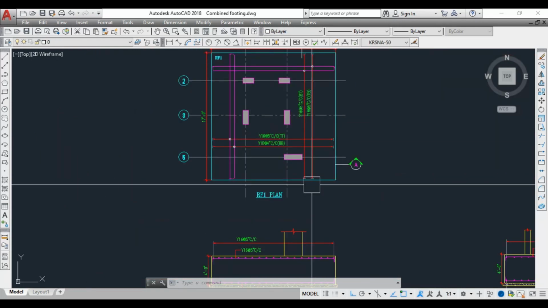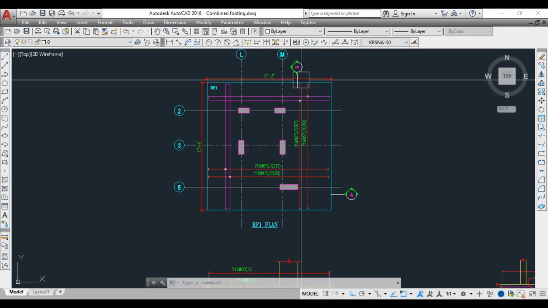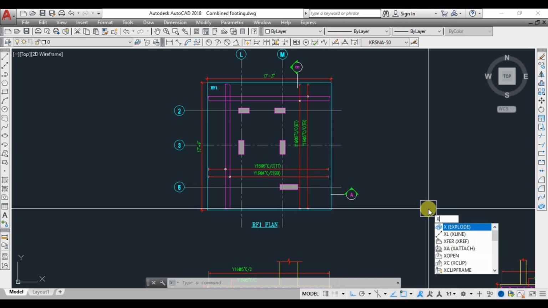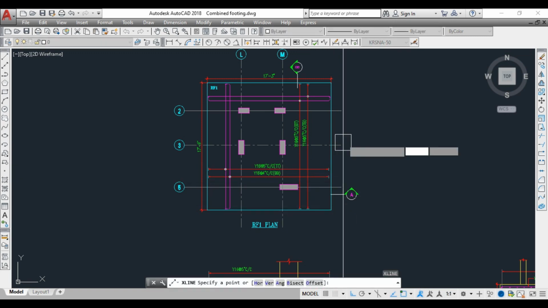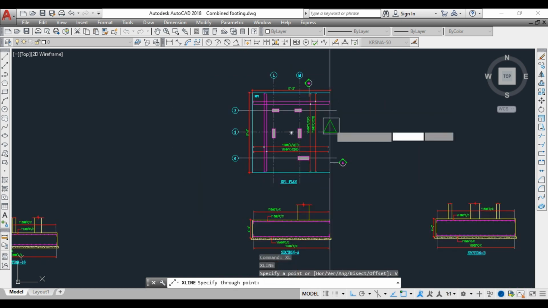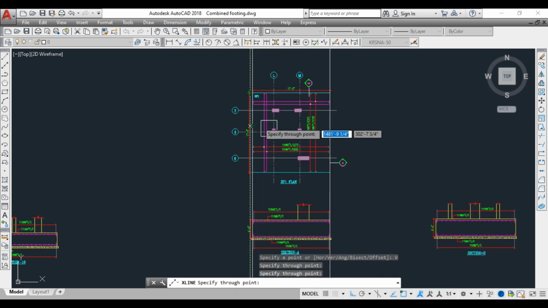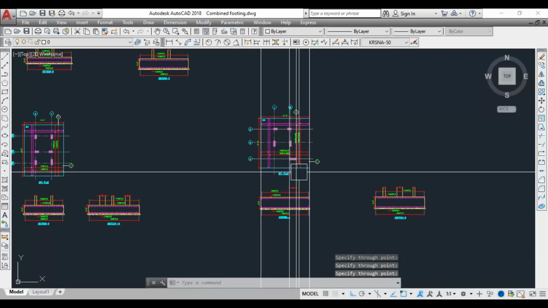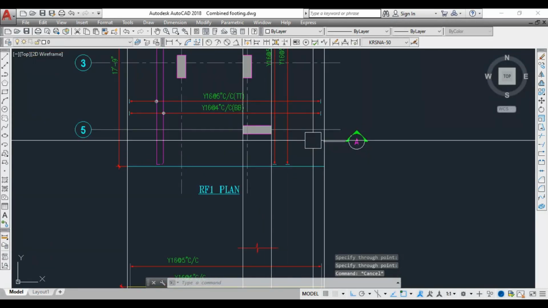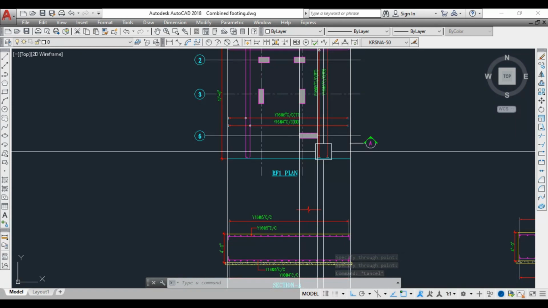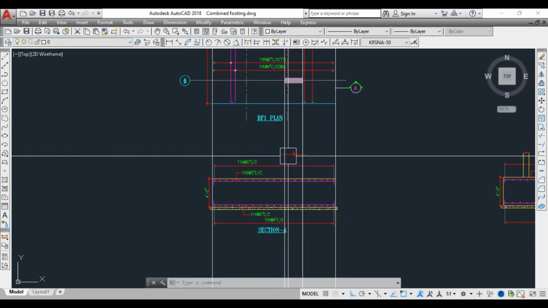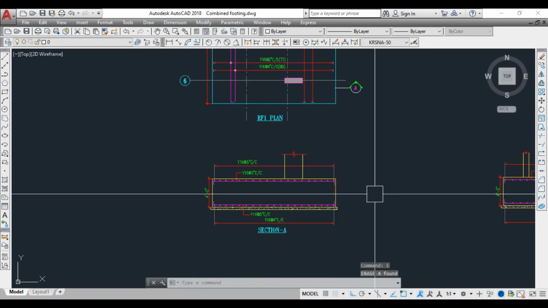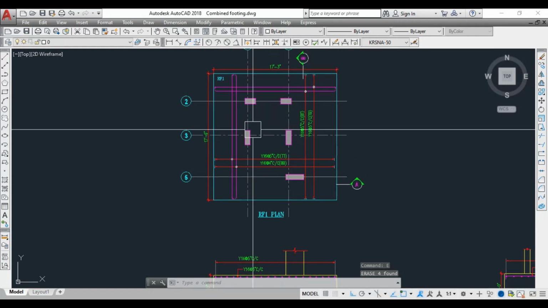Hi columns, and then we have two sections here, section A and then section B. First let's see with section A. X line, vertical. So here we are cutting the section at this point, so we could see only this column. Okay, so that is what shown in the section, we could see only this column.